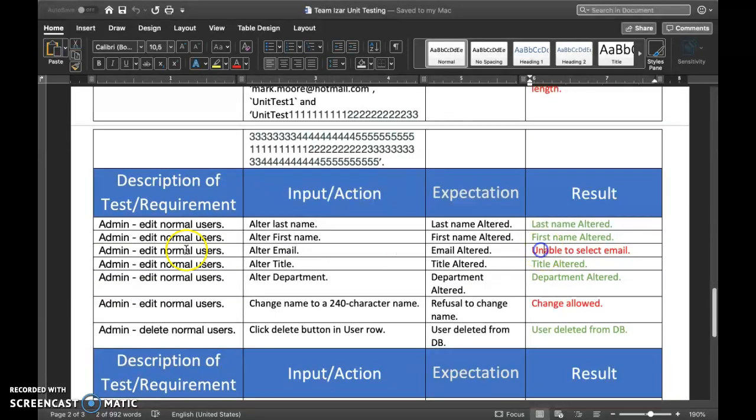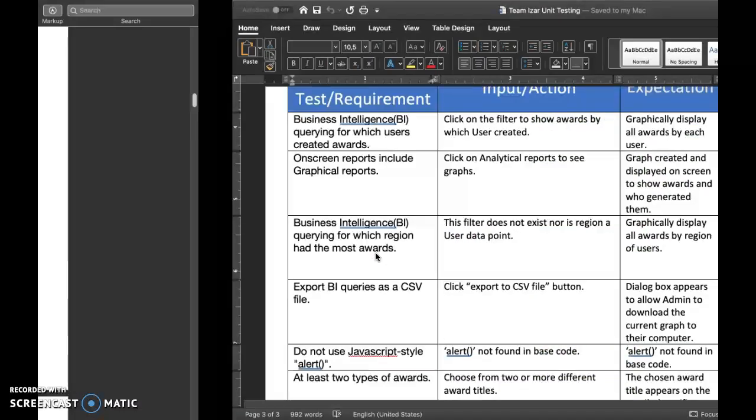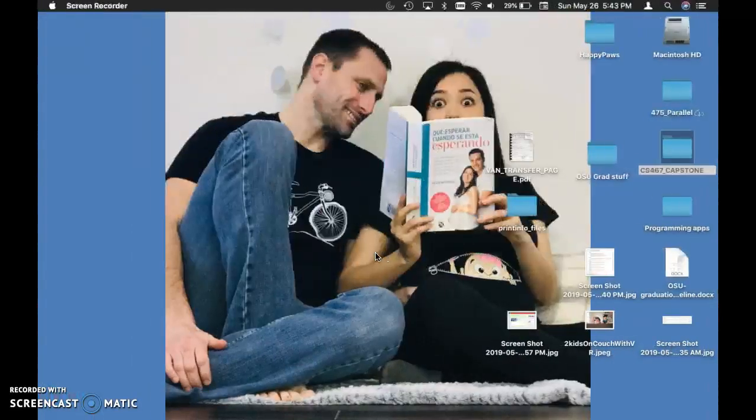And there's one other thing: you couldn't alter the email. You can't select it, so that we'll fix that. So other than that, that's pretty much it. That's what I've been doing